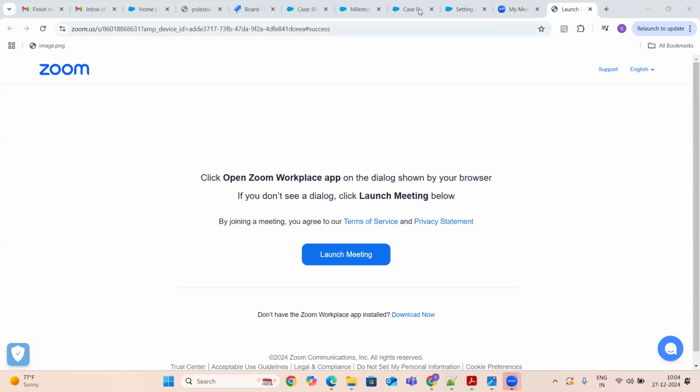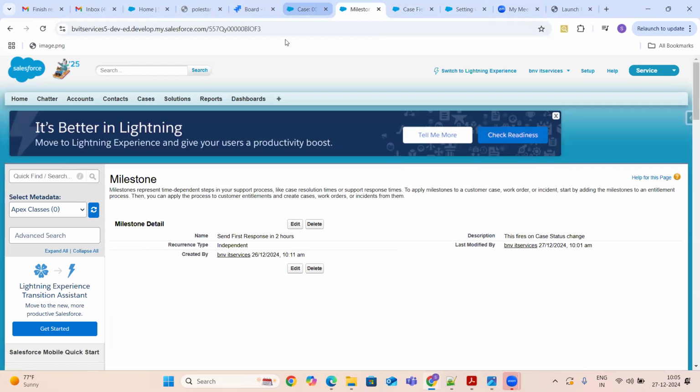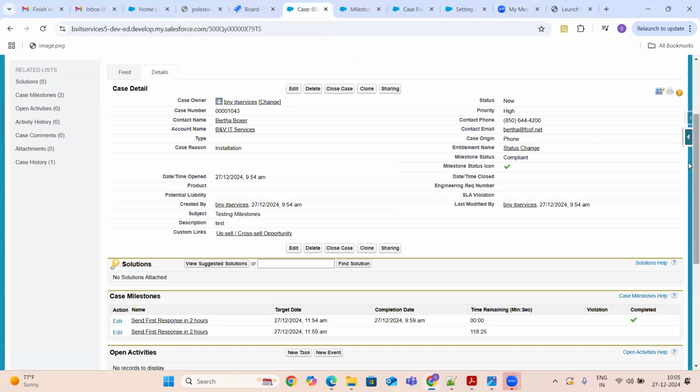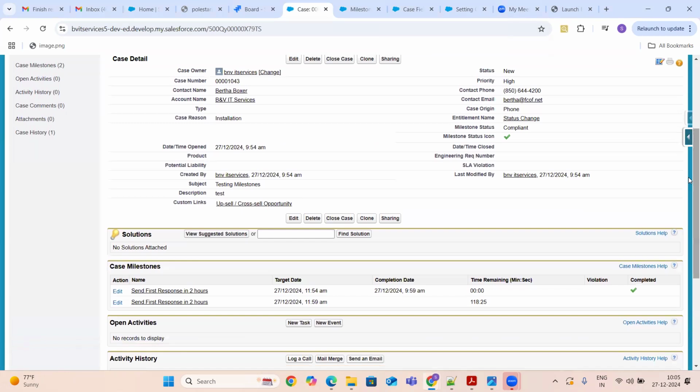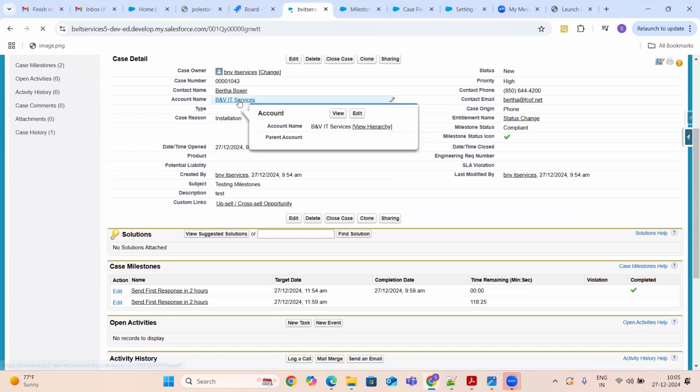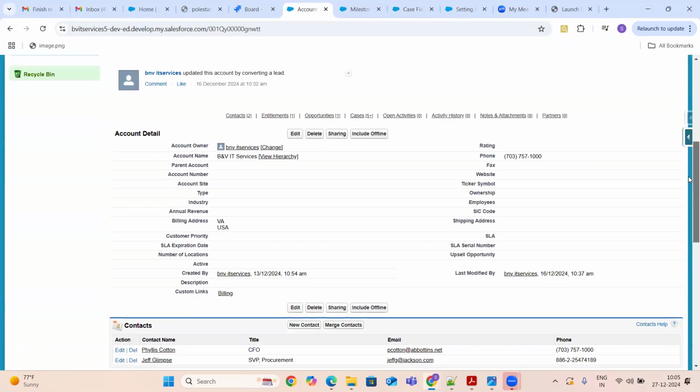Yeah. Guys, yesterday we couldn't see the milestones, right? We were facing issues. The major issue was that we couldn't see them even though we were following the process: we created the entitlement and milestone, and after that we added that entitlement to one of our account customers, the BNB IT customer.